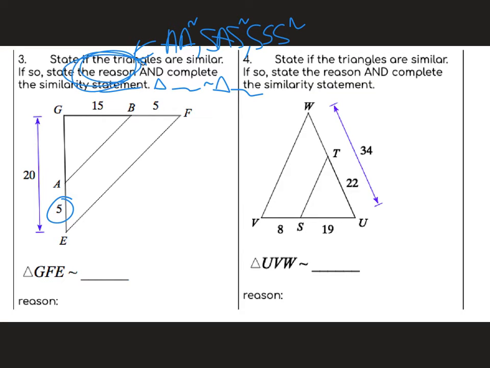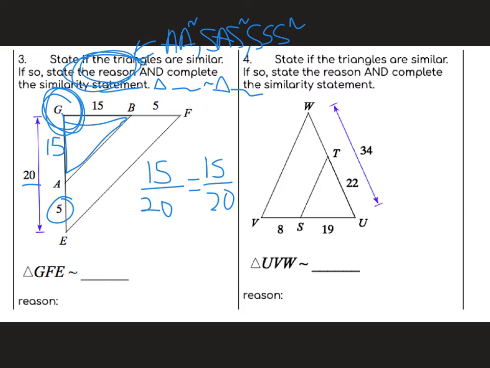If this is 5 and this is 20, this part's 15. So my question is, for triangle GAB, is 15 over, I'm going to put over GE, so over 20, the same as GB, 15 over, oh, of course it is. It's 15 over 20 is 15 over 20. So those are indeed the same. So the sides are proportional. And triangle GAB and triangle, I'll change colors and kind of draw it a little bit here. Triangle GFE is the same